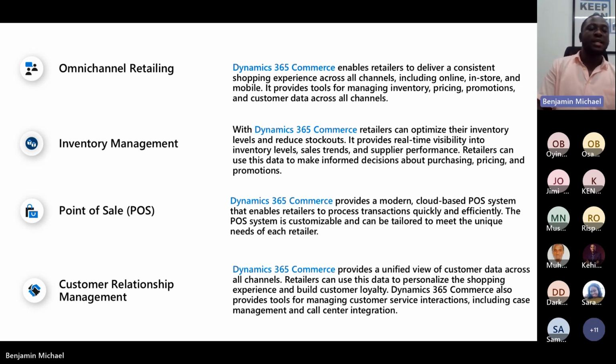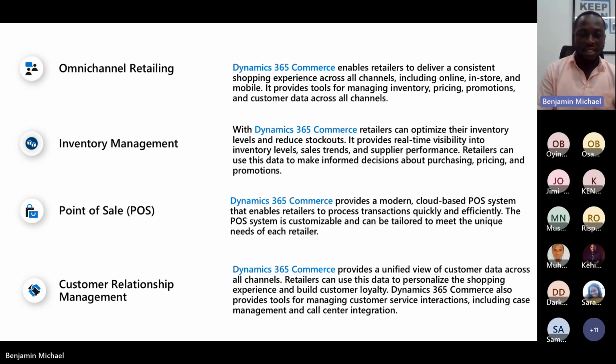Then the point of sale capability. Every retailer has to sell their product and collect payment for the product that was sold. So Dynamics 365 Commerce helps businesses to make transactions with their customers using the POS capability. This capability is available on the cloud-based point of sale or the modern point of sale.